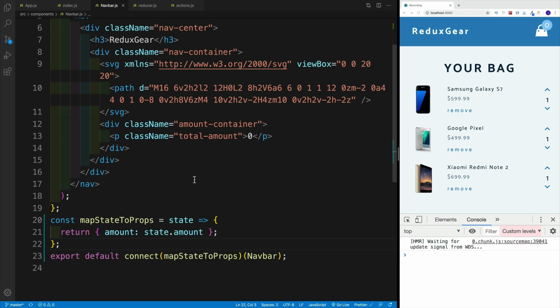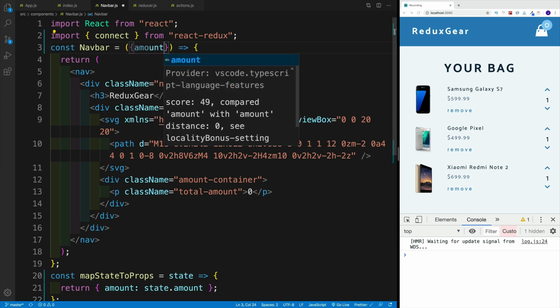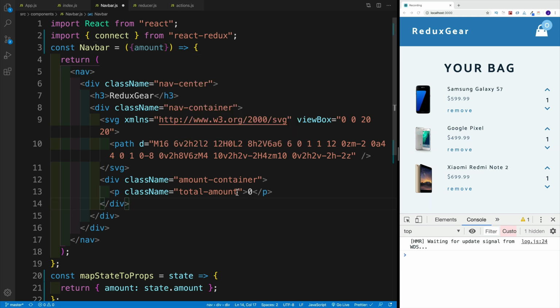I will save it, and then let's head on up. And where we have the navbar, of course, we have access right now to my amount property. So I'm going to access my property, and then just like normal React, I have access to my prop. And then instead of hard coding 0, I'm just going to go with amount. And there you go. We have a success, because right now in the navbar, I have access to a state,